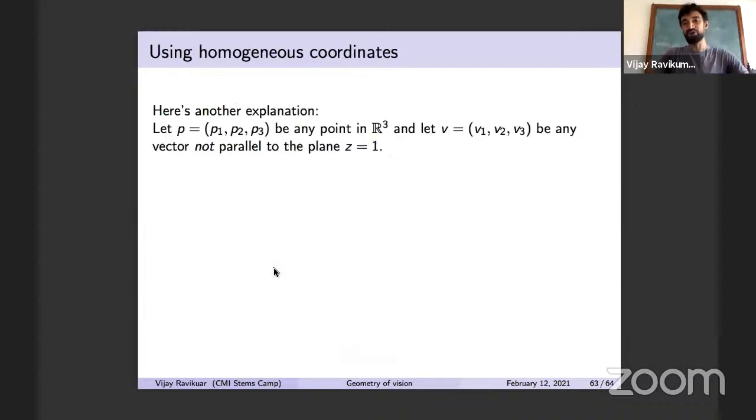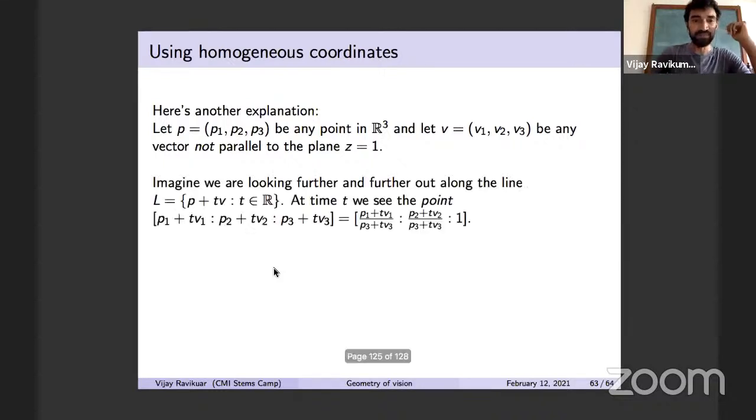Or we could also think of this using homogeneous coordinates. For those of you who have seen something with this before, you could imagine that a point P is some point in R^3, and that you have a vector (v1, v2, v3), which is any vector that's not parallel to this horizontal plane z equals 1. And just imagine that we're looking further and further out along that line, the line being L, defined to be P plus tv. As t, our scalar, goes along all real numbers, we're spanning out a line in space. And at time t, we're seeing the point (p1 + tv1, p2 + tv2, p3 + tv3),